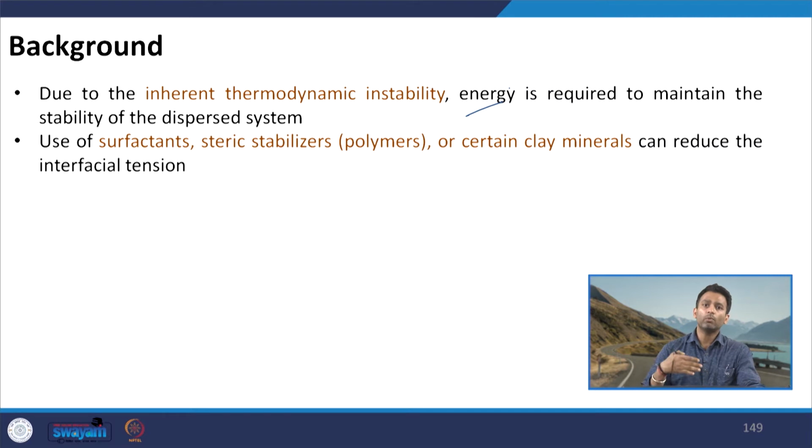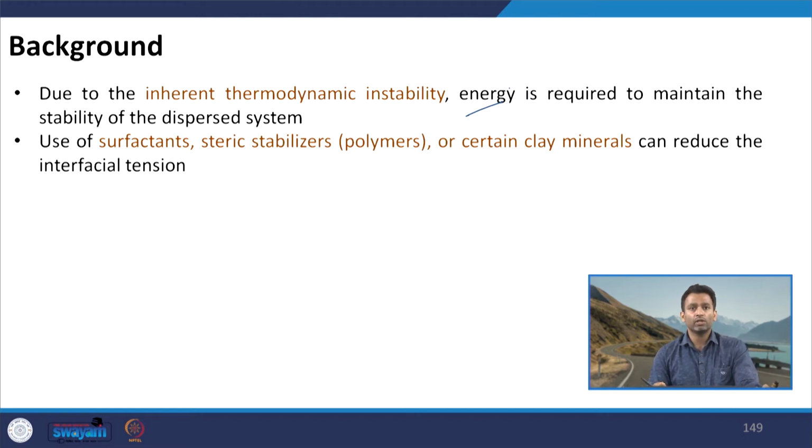Now, there are various ways of maintaining the homogeneity in the biphasic system. Initially, when the bitumen emulsion was patented long back, typically only mechanical process was used to keep the bitumen particles suspended in the oily medium. But of course, because this was not entirely a stable system, bitumen particles had higher chances of coming closer to each other, coalescing and then settling down. Later, with more technologies, researchers started using surfactants, steric stabilizers in form of polymers and various other clay minerals also,